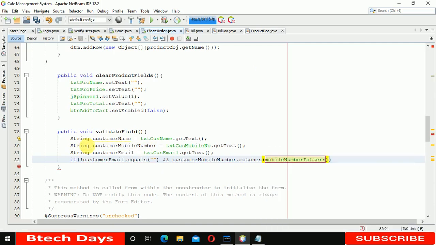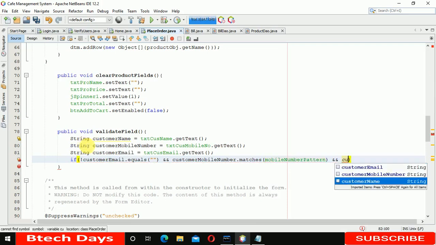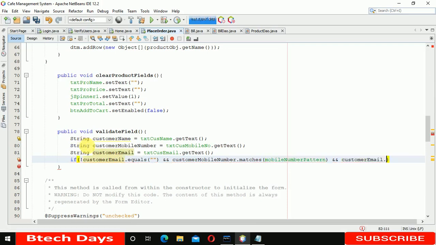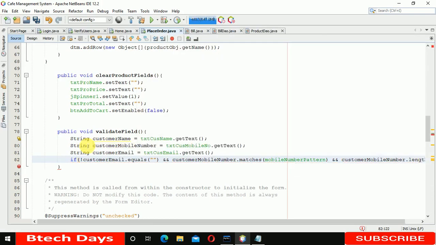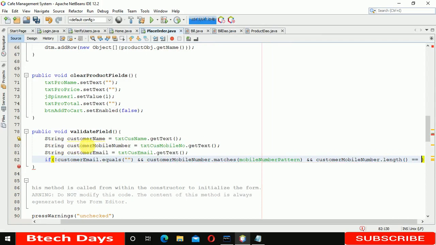And customer email address dot, okay, one more thing we forgot here, customer mobile number length should be equals to 10, so length is equals to 10,